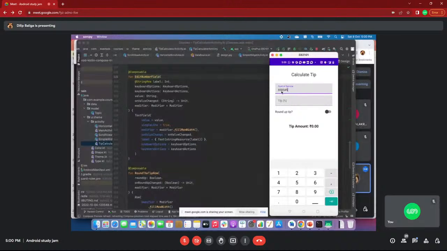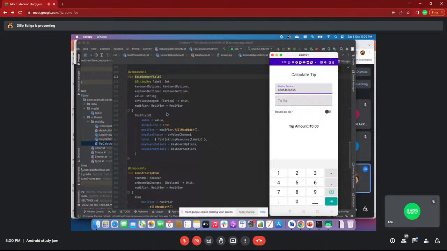Basically it is complicating things a little, but I'll tell you roughly what happens. Whenever you enter something, this edit number field composable will be called again, the view will re-render, meaning the Android framework itself re-renders the view.